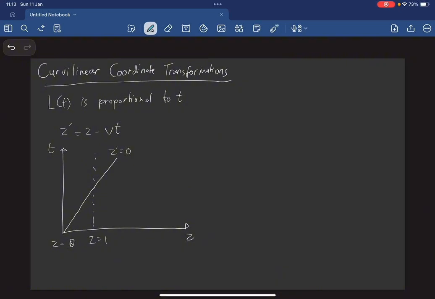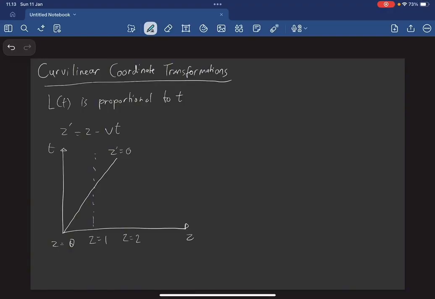In this figure, every point, also called an event, in space-time has a pair of coordinates Z and T in the stationary frame, and also a pair of coordinates Z prime and T prime in the elevator frame. Of course, T prime equals T, and we left out the two other spatial coordinates, X and Y, which don't change between the stationary frame and the elevator. We represent the trajectories of fixed Z with dotted lines and of fixed Z prime with solid lines. A fundamental idea in these graphs is that events in space-time exist irrespective of their coordinates.